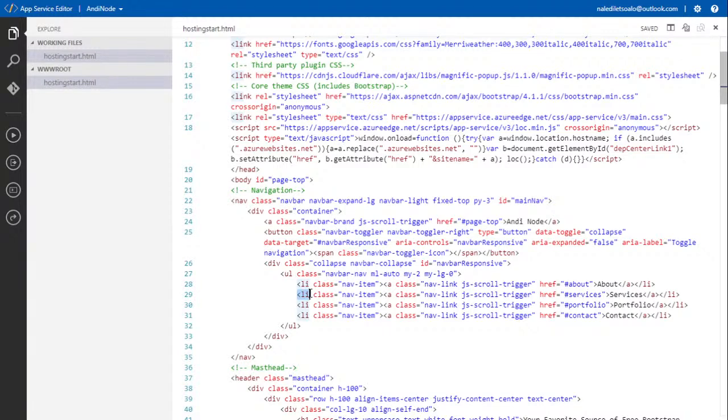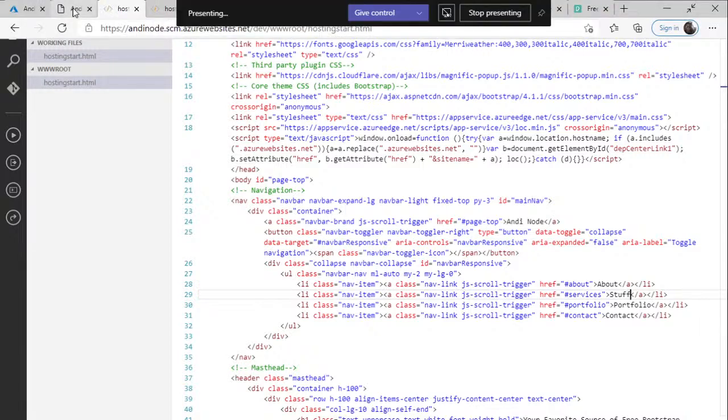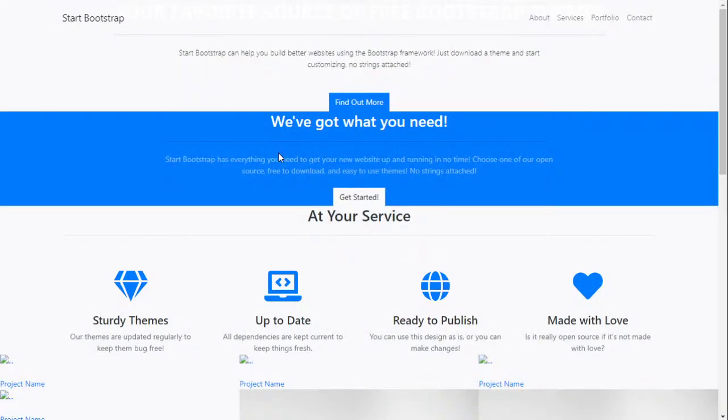It basically means that something, oh, it's actually a list tag. And this list over here is for a link, right? And it's for the services link, allowing me to kind of know exactly where it is, right? And I want to change this one maybe to stuff, right? Dirty, and it's saved. All right, and we go back to the website, and F5, there you go, Andy node, and stuff. So I kind of know where I need to be changing that.